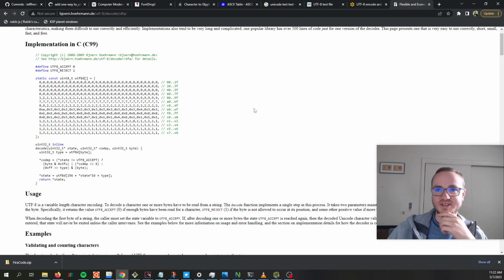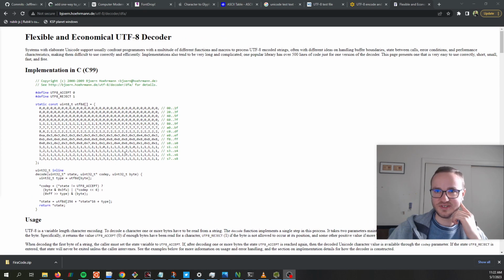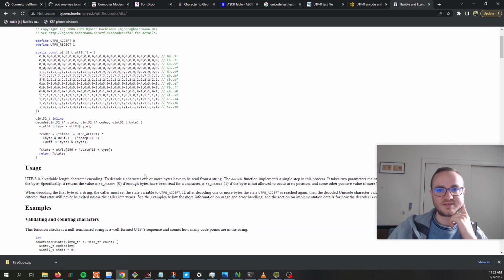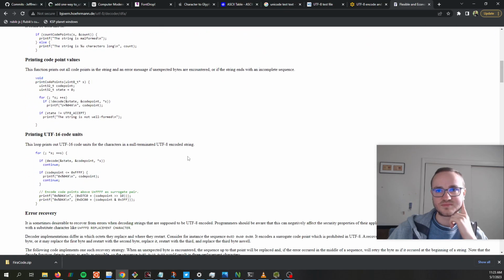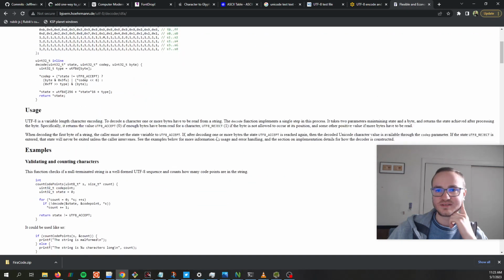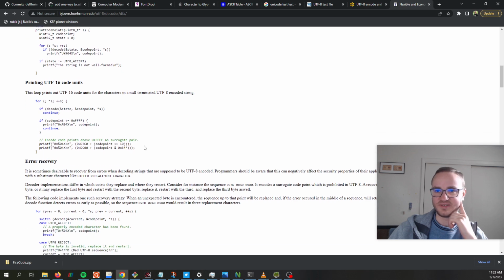Oh, wow, that is small. I looked at the example on Rosetta Code, and then I translated that from C to Fortran, but this looks even shorter. Seems like it's basically the same, just a bunch of bitwise operations, ands and ors and shifting. Wait, it can do UTF-16? Because I only have UTF-8 to UTF-32. I don't have anything to deal with